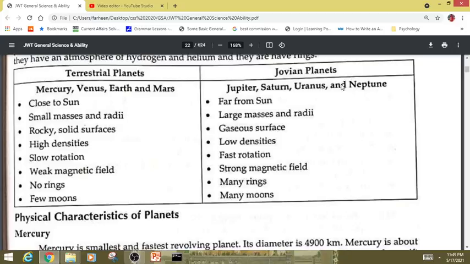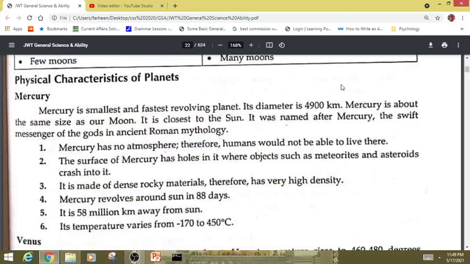Terrestrial planets: close to the sun, small masses and radii, rocky solid surface, high density, slow rotation, weak magnetic field, no rings, few moons. Jovian planets: far from the sun, large masses and radii, gaseous surface, low density, fast rotation, strong magnetic field, many rings and many moons. Okay. Physical characteristics of